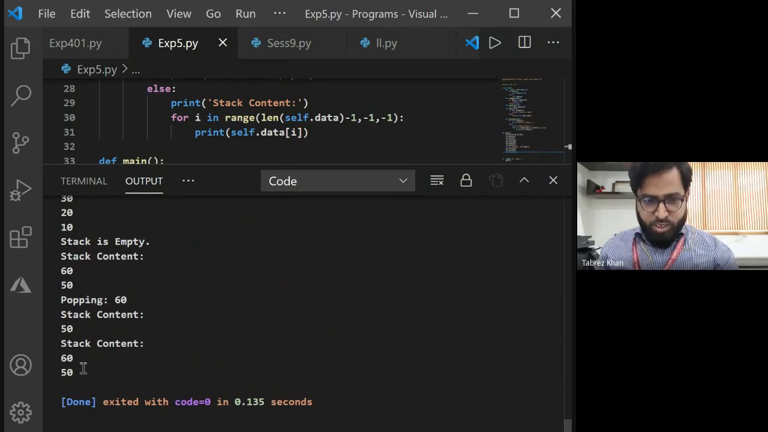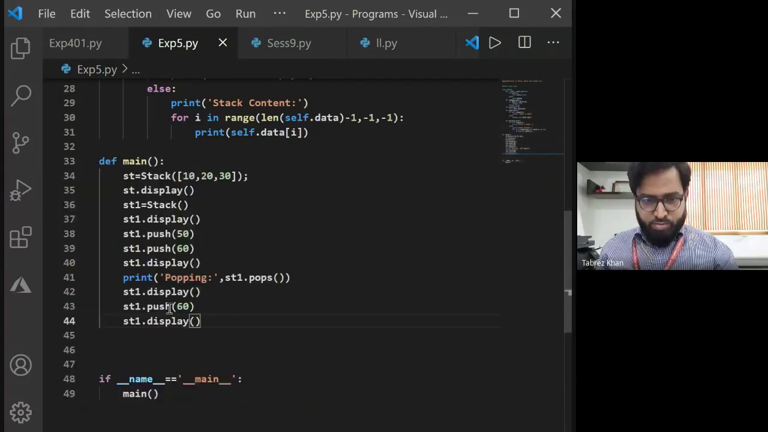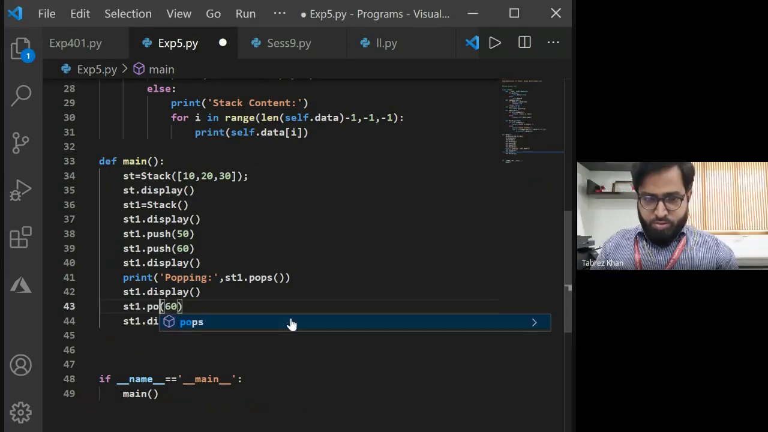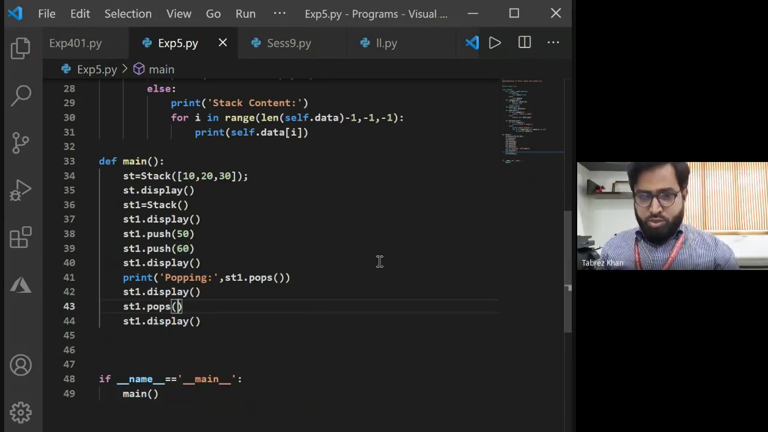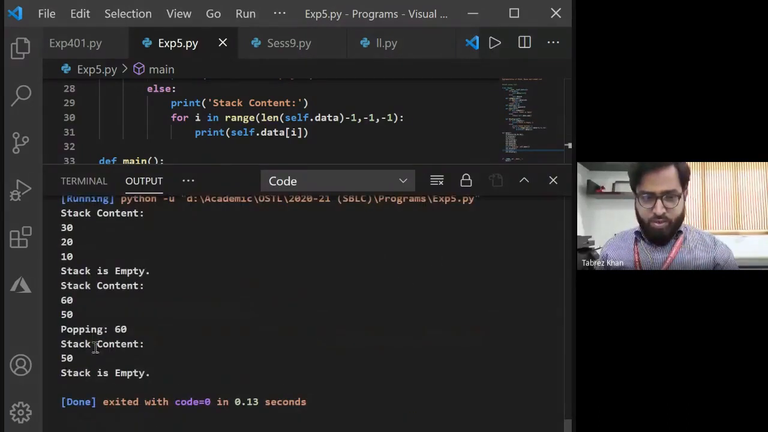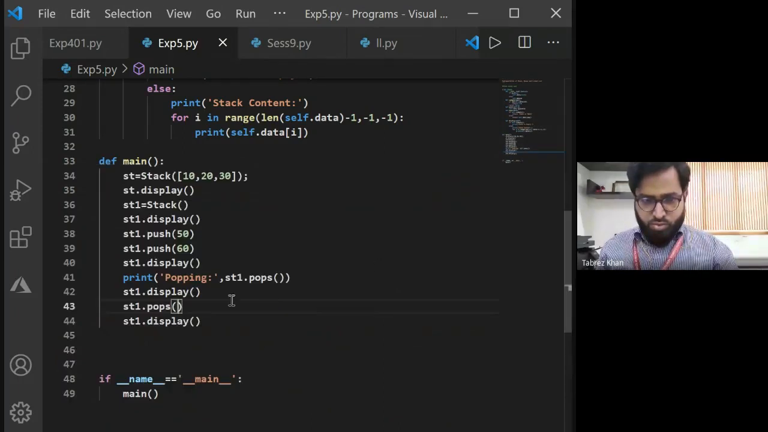Stack content 50, stack content 60, 50. What do we have displayed? Instead of not, I can make use of the not keyword. Thanks for that. So stack content 50 and then 50 is also popped. So then the message stack is empty. So after displaying that,